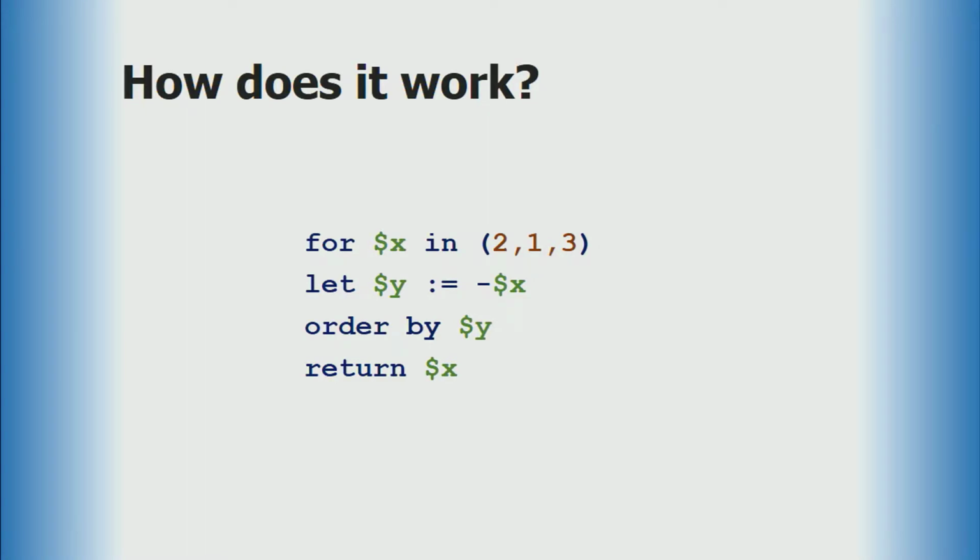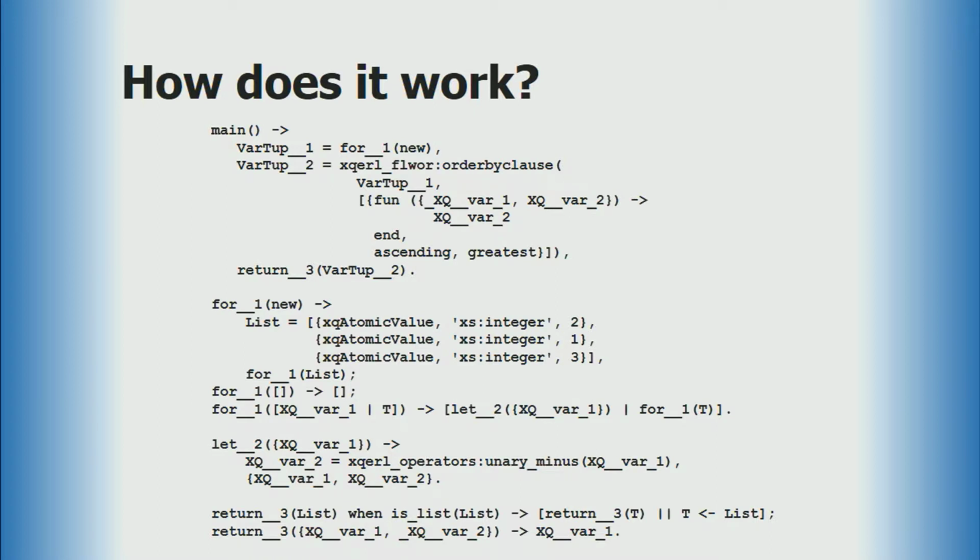So here, a really stupid, simple XQuery that probably no one would ever do or use. But just to see what it would look like when it comes out the other end, if it were in Erlang source code, it's something like this. There's a lot more to it than the simple XQuery, but that has to do with Erlang having no loops. So I have to make them, and that means making them in recursive functions. I could explain it step for step. It's actually in the papers, and that's annotated.